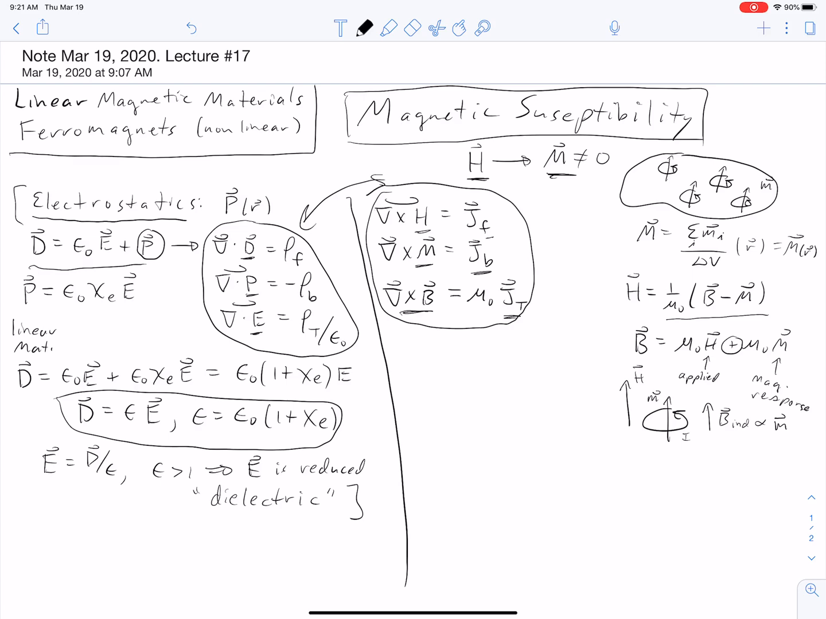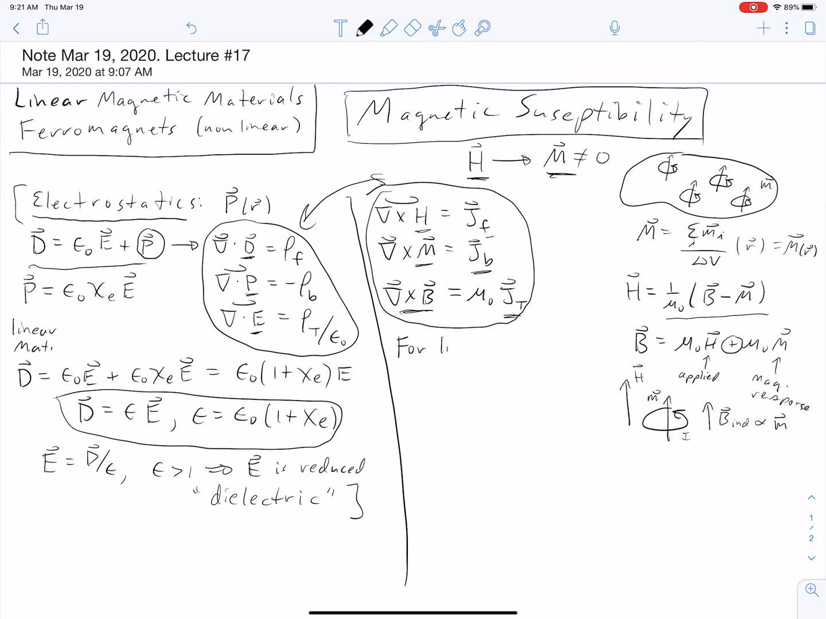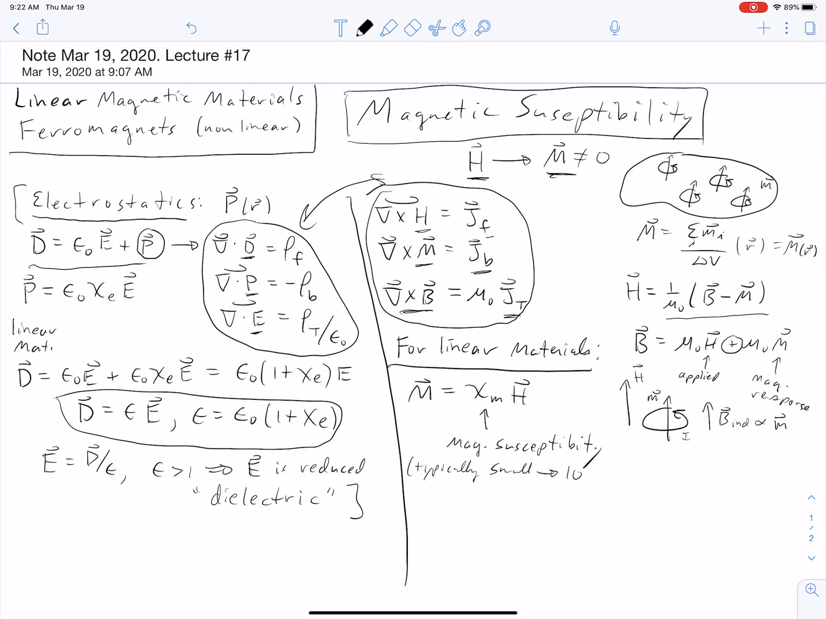And so now what we can do is we go through this, we do the same kind of argument, and we assume that for linear materials, and it turns out that there are lots of linear materials, the magnetization is proportional to the H field. And that constant we call the magnetic susceptibility. And it's often very small, for example, it's 10 to the minus 5 for aluminum, and it's material dependent,